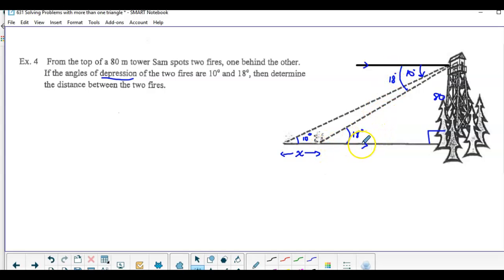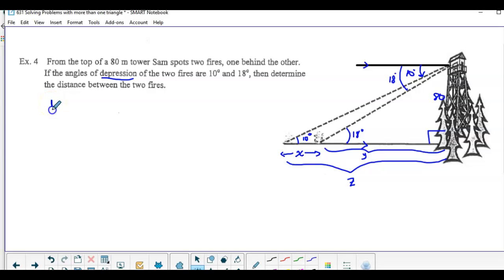So now we do have angles in a triangle, the bigger one and the smaller one. If we could find this entire length here and then subtract this, we'll get x. We have a side and we have angles, and that's all we need to get another side. So I'm going to call this z and this y. So for my outside, bigger triangle, to get z, I'm going to have